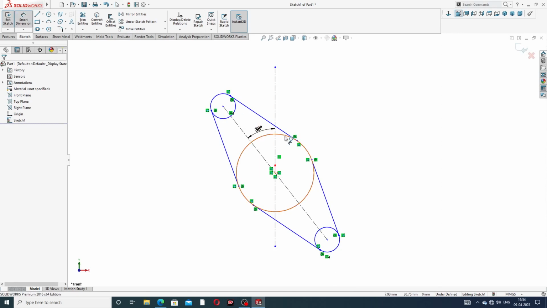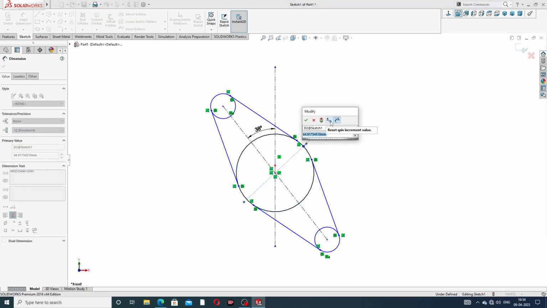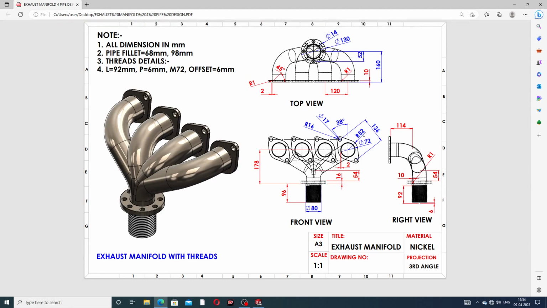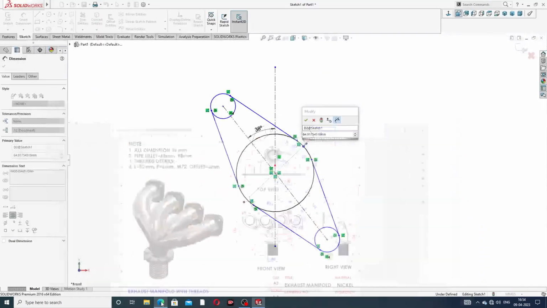And mention dimension, this and this center. This distance between center to center is 136 millimeter, and this radius is 52, means diameter is 104 millimeter, and this big circle is 16, means diameter is 32 millimeter. Okay,